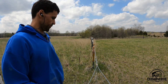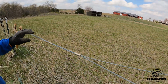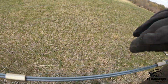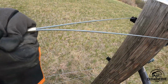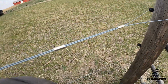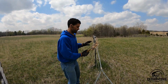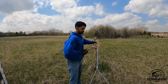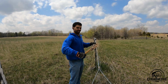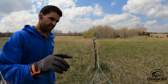So I've moved these up quite a bit closer. Here, it's a bit of a struggle, but I've got them about where I want them. Now my fence, I'd like it a little tighter. Feels like the right tightness, so now